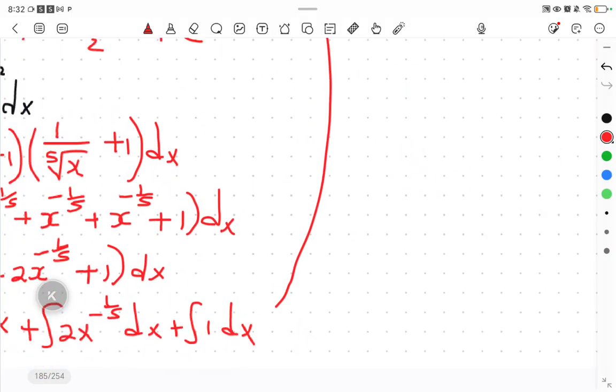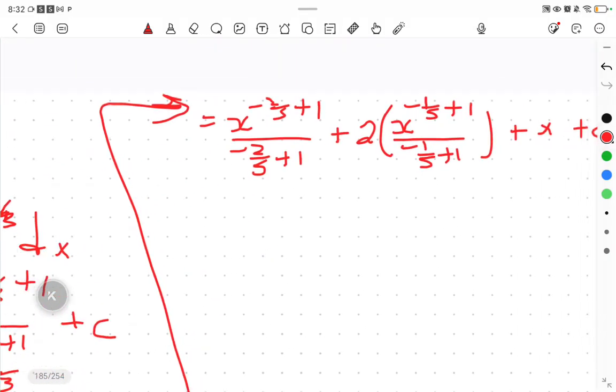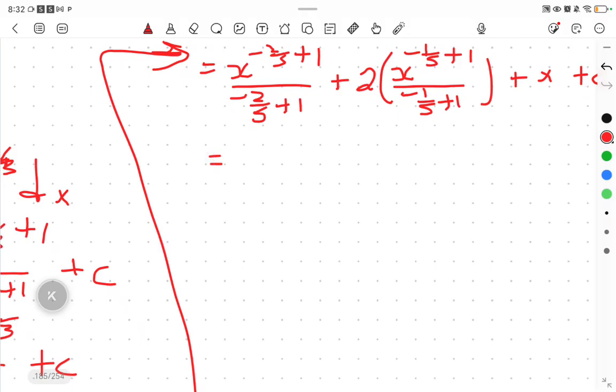So the integral of 1 will just be x, and then this would be x, then that is 5, 3 over 5 over 3 over 5 plus 2x, this will